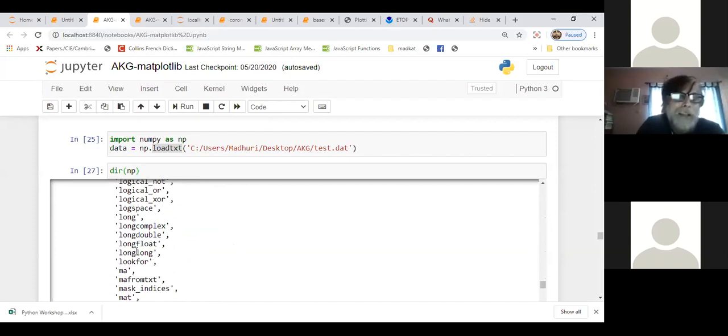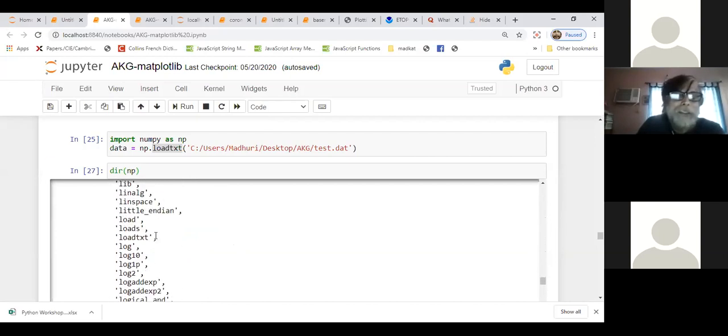So you go to L, look at where is the load function, LOAD. See, load text is there. You can also check what is under load. Lots of similar functions. The names are given in this Python way so that you can easily identify things from the names. And Google is always there. You can search in Google and always look at what is there.